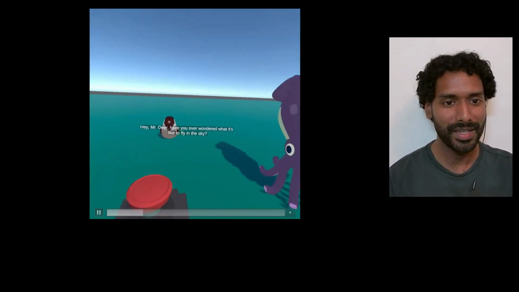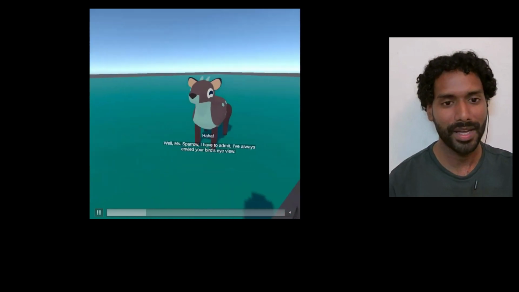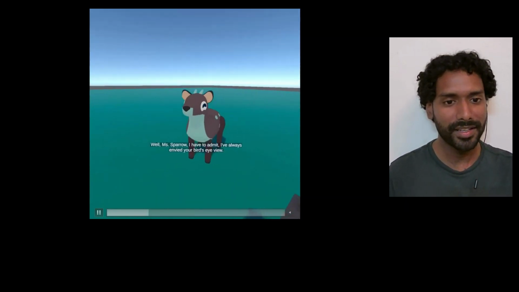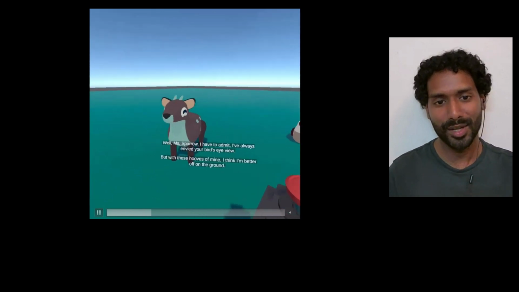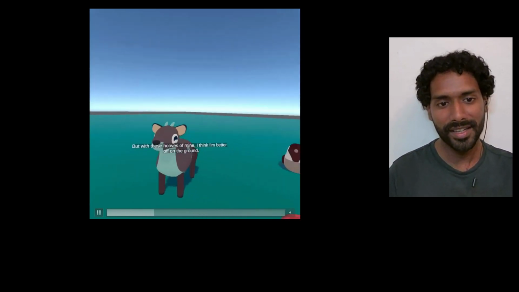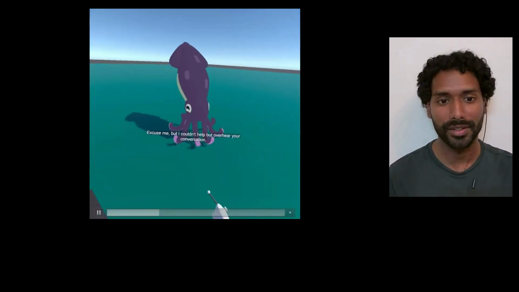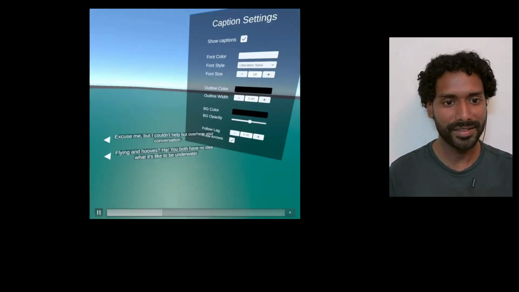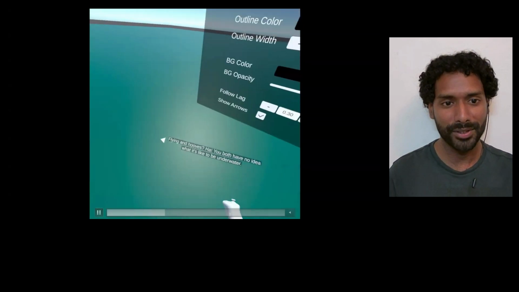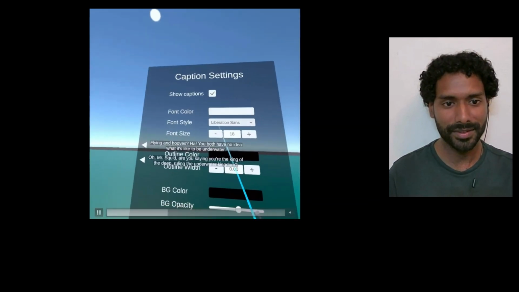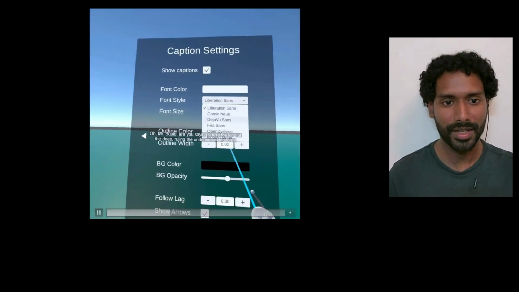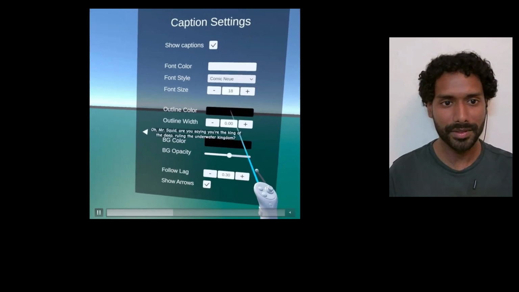And when each one speaks, the caption appears at the bottom half of your display. Now, this is quite similar to the example that you saw previously with Half-Life Alyx, in that these are headlock captions. They follow your head wherever you look. Here you can see that there are little arrows that point to where the speaker is. So it's a way of determining who is actually speaking based on the captions.